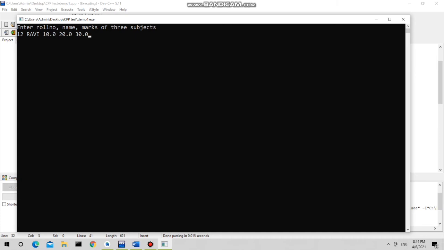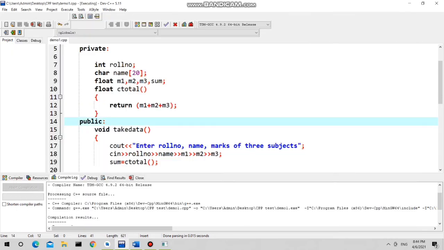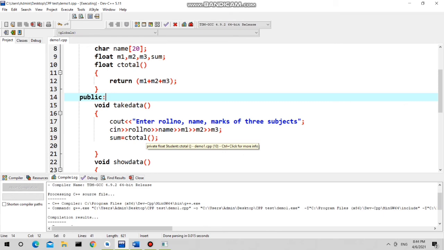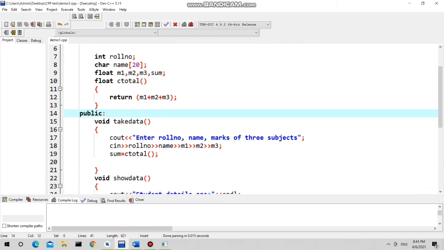As I have declared m1, m2, m3 as floats, I have given float values: 10.0, 20.0 and 30.0, and then press enter. Now just check, we got the message that the student details are roll number 12, then the name, and the sum is 60. So this is the first program in C++.